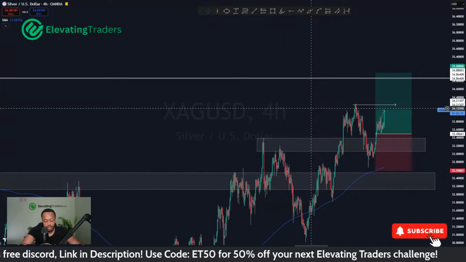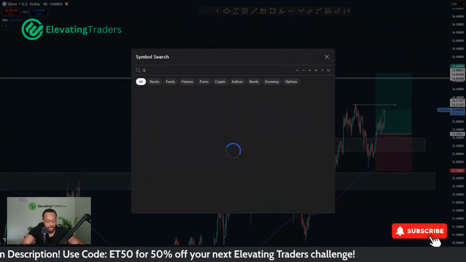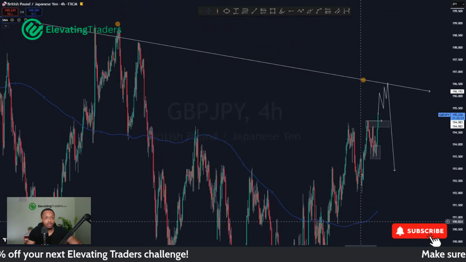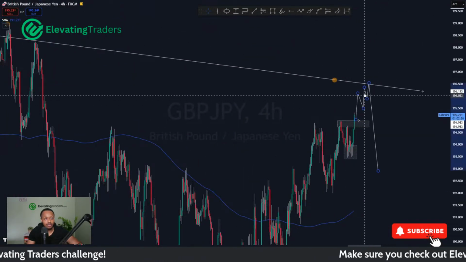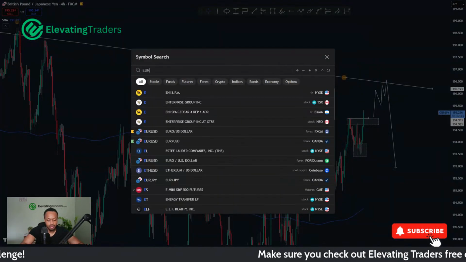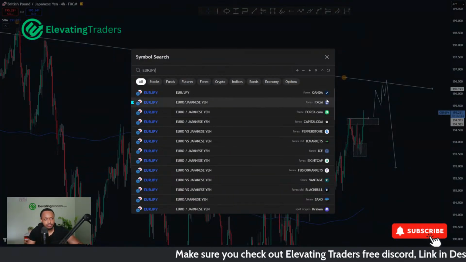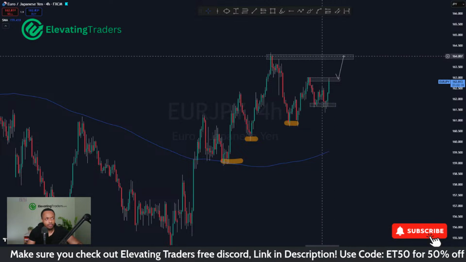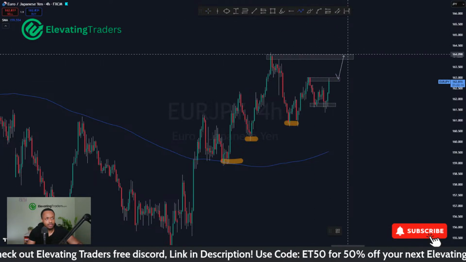What else? So yeah, the yen pairs, I'm just going to keep an eye on them. Pound yen, as that pushes high, I'm getting ready to short it. So 196, 196.5 are the areas I'm looking to sell that one. Euro yen, I'm looking for a bit of a double top with this one. So as we approach 164, that looks like a nice place for a short for me and a push back